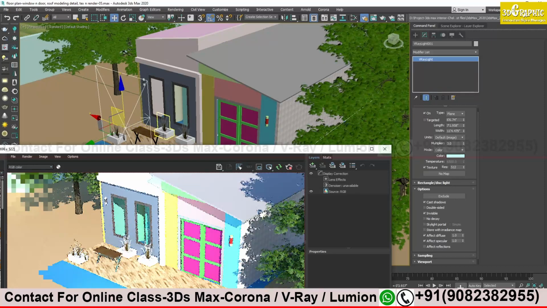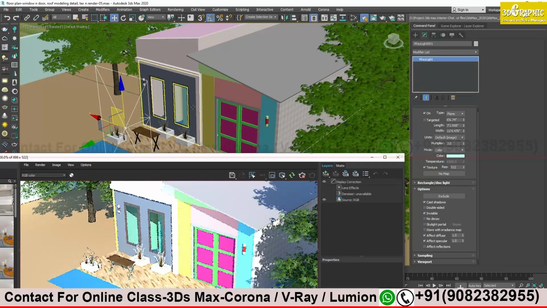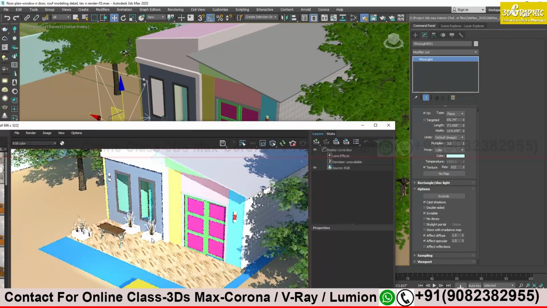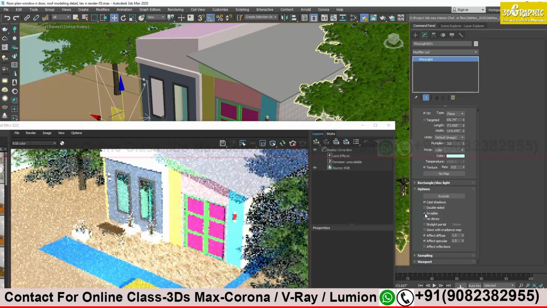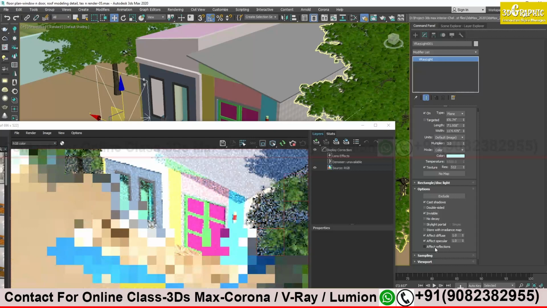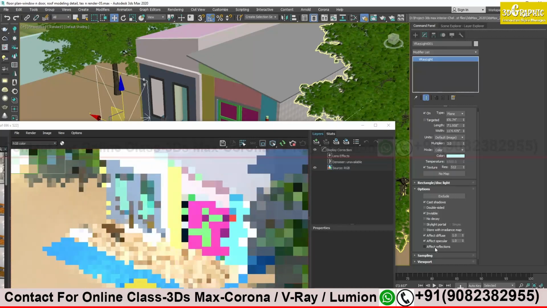Wherever the arrow points, the light will be going in that direction. And in properties you can change the multiply value, the color, and whether it should be visible on camera or not, and also on the reflection of glasses.